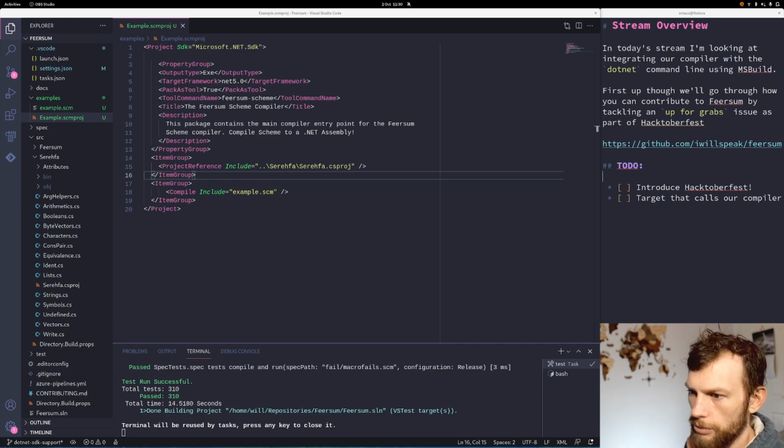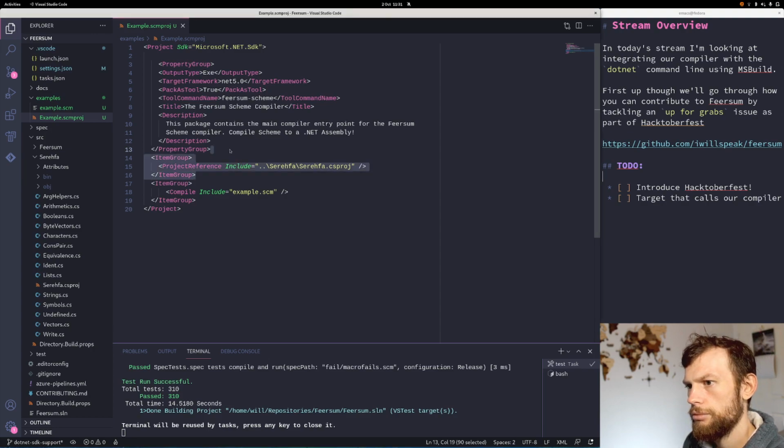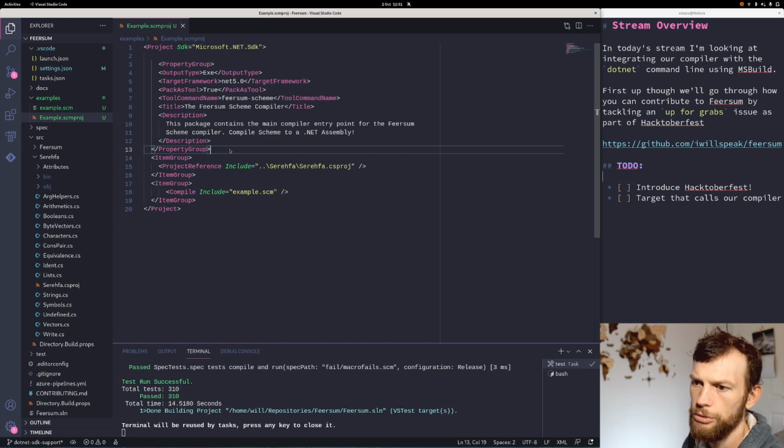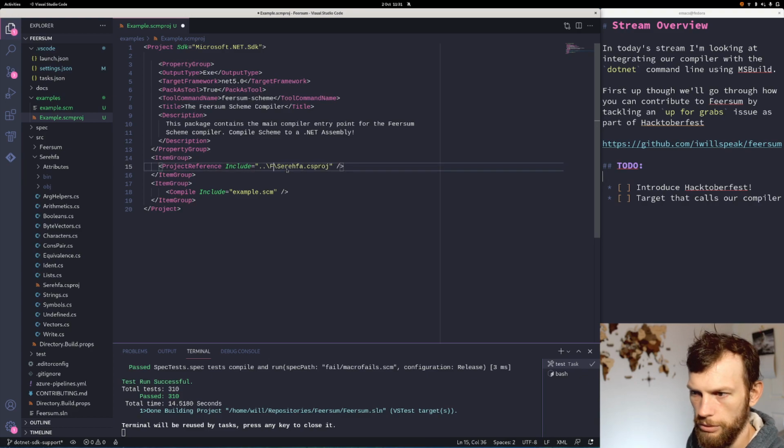I think for us, we probably want to force you to specify all of the files. We don't need a project reference, or do we? Well, for the time being, we might want one to Feersum. That will be